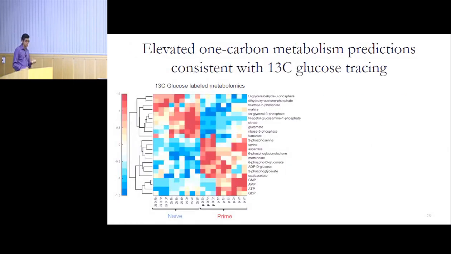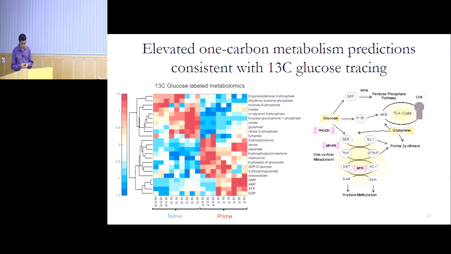So just to further drive home the point that these predictions were due to the difference in metabolism, not due to some side effect of these drugs, we did what's called 13C flux tracing. In this case, you take radio-labeled glucose and then feed that to cells, and then you see where the radio-labeled carbon is getting accumulated in different cellular metabolites. So if the model predictions were correct, if you feed in radio-labeled glucose, you should see the 13C carbon going to serine, glycine, and other 1-carbon pathways in the prime state. Whereas you should see the glucose going into TCA cycle and oxidative phosphorylation in the naive state. This is exactly what we see in this heat map here.